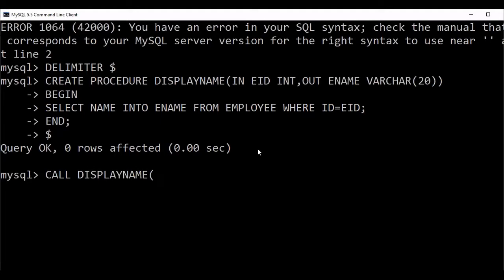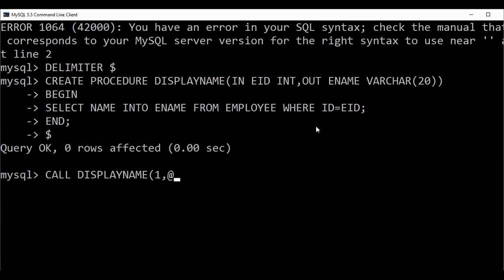So in is always a value because it's a value that will go, but out is not a value, because if I pass a value, then what is the meaning of this out parameter? Here in means we are giving the value. Out means we are receiving a value. Since we are receiving a value, we need to declare a variable. So while calling the procedure, we need to share the out parameter as a variable. So how to declare a variable here? Remember, the variable must be declared using the @ symbol. Please remember, this is a variable.